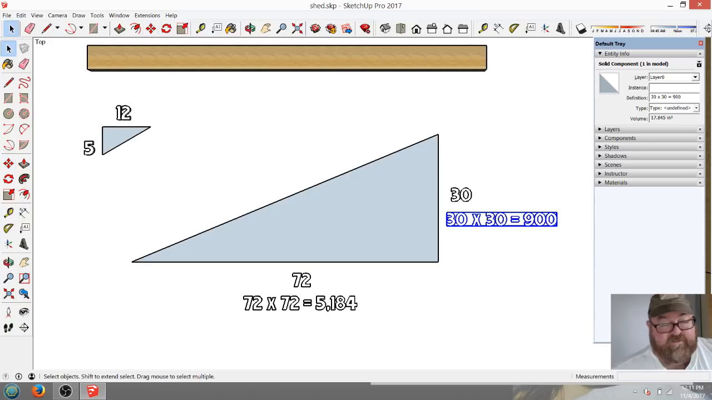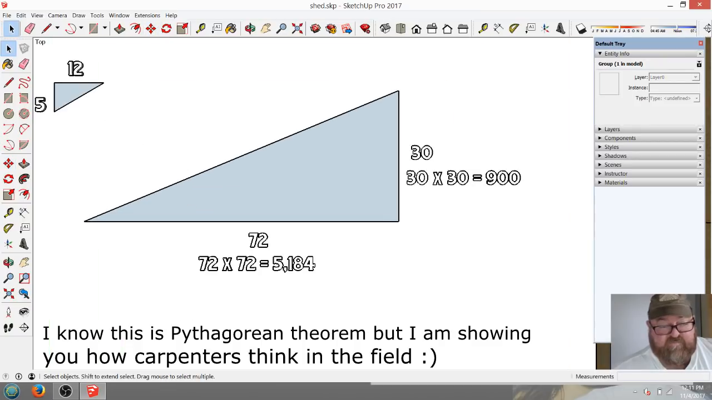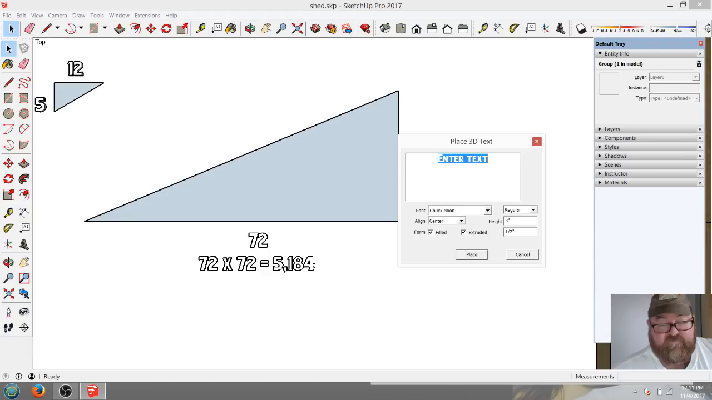I know that's 900. I don't have to do my math for that. Okay, so I'm going to put that right there. I'm going to move this over a little bit so we can see. Now, here's what you do, okay? You take the product of both of those numbers and you add them together. So we'll go 900 plus 5184 equals